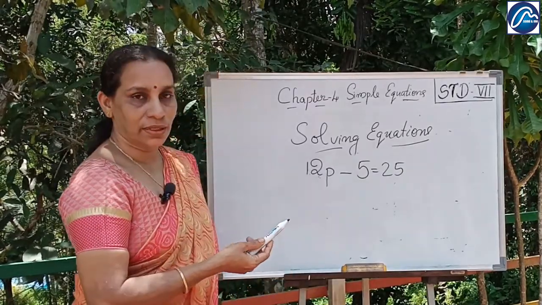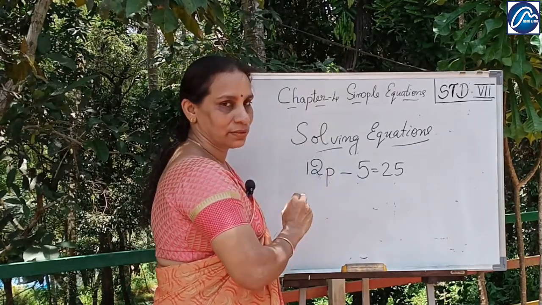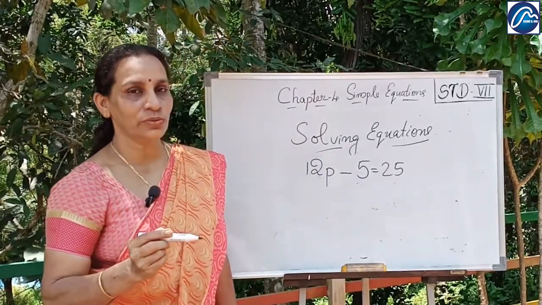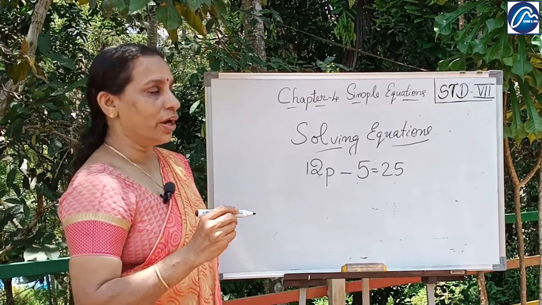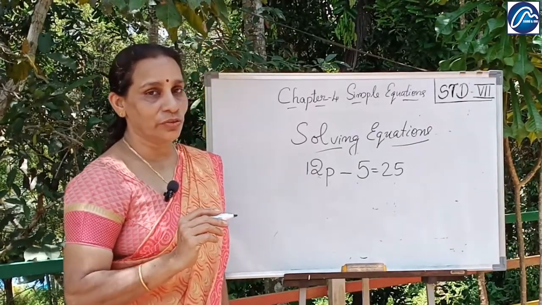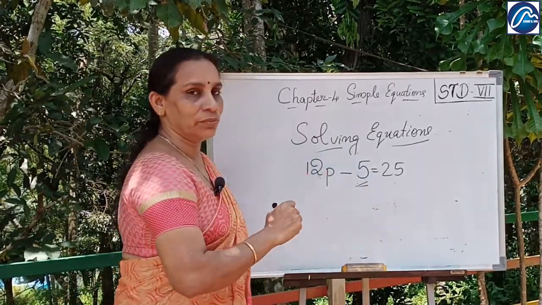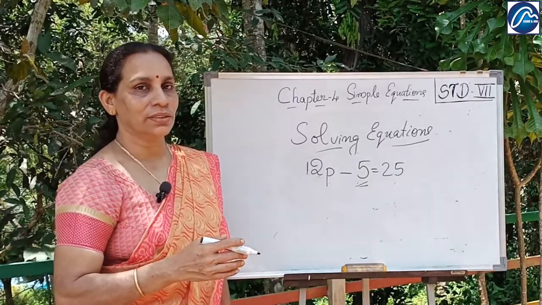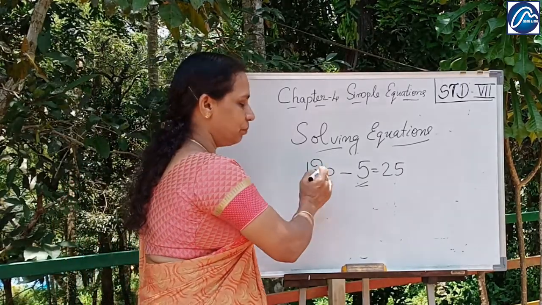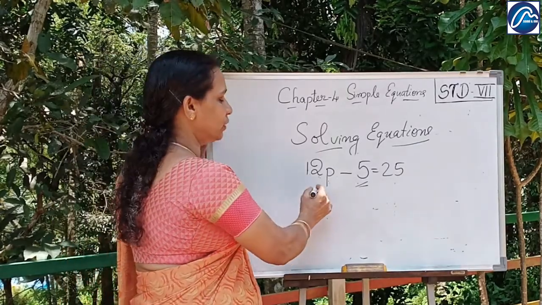Here is an example which includes multiplication and subtraction. Then what do you want to do? You have to avoid these two numbers from this. Okay, what will you do first? Here you have to remove this number first because it is alone, not with a p or a variable. Okay, then first you are